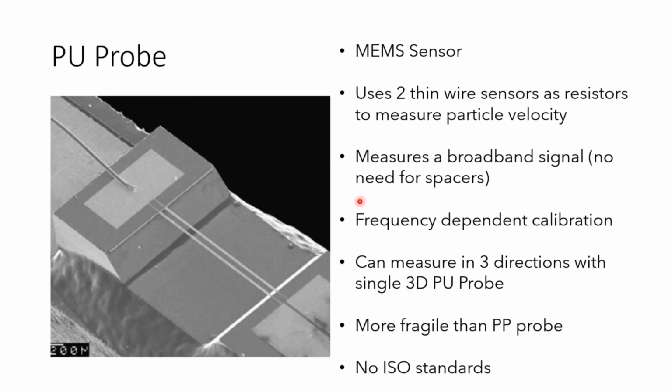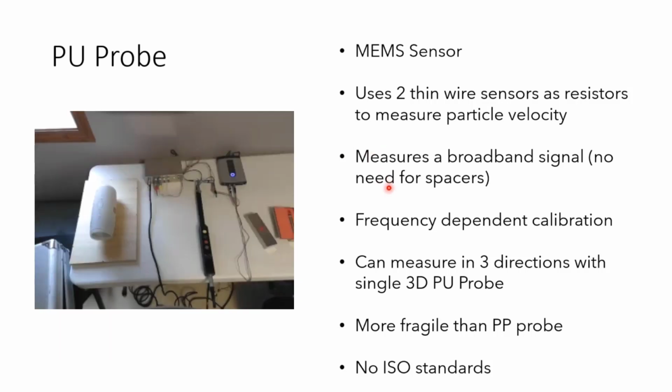It has a frequency-dependent calibration. When you get these probes, they come with some type of frequency curve, because the probe is more sensitive to certain frequencies than others, so it weights them differently. If you get a curve like that, you can input it right into TestLab so that your whole calibration is good to go.